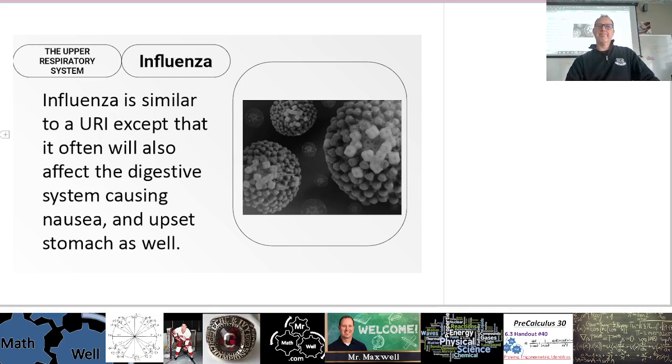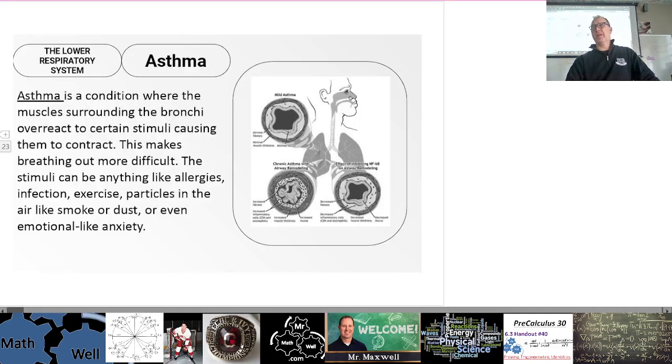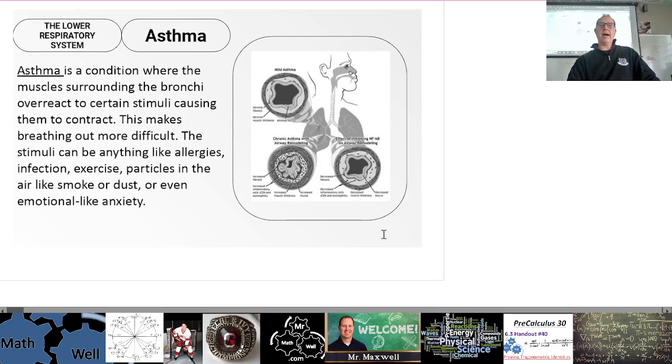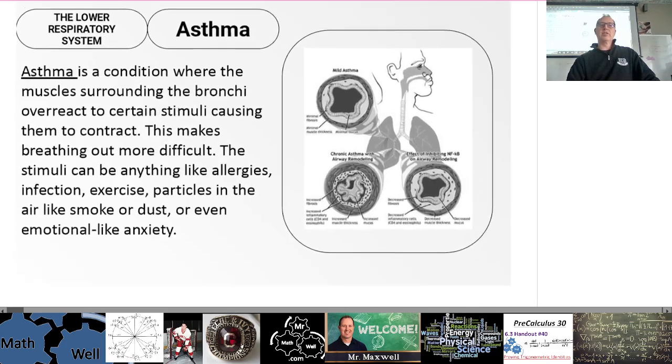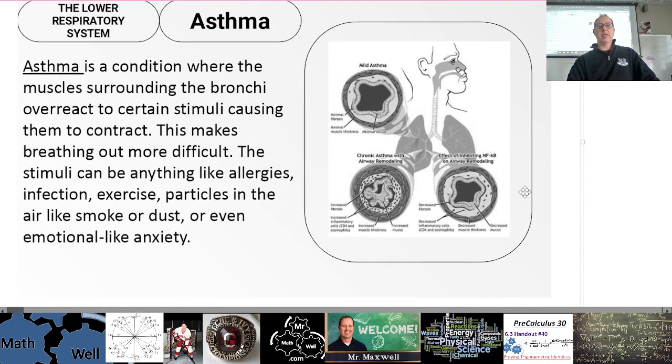The flu, there's all sorts of different strains of the flu. Asthma. Asthma is a condition where the muscles surrounding the bronchi overreact with certain stimulus, causing them to contract. This makes breathing out more difficult. It makes breathing in more difficult too. The stimuli can be anything like allergies, infections, exercise, particles in the air like smoke or dust, or even emotional